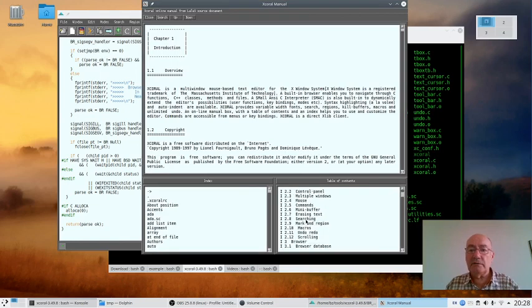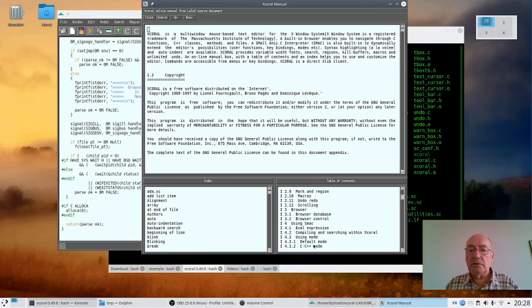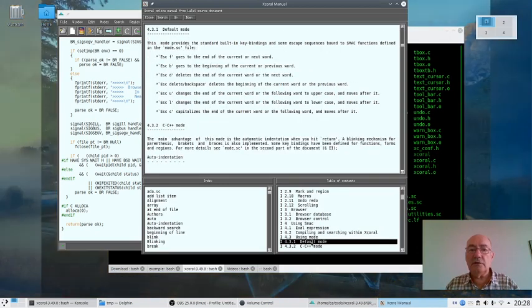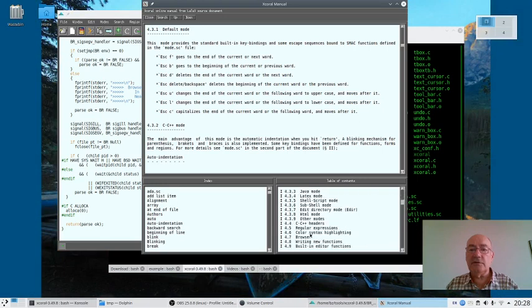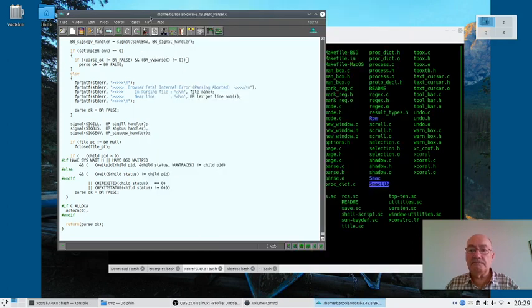You can scroll in any of the windows, and you can also access directly any chapter that you find interesting. This manual is quite good and explains all the details and features of this editor. So I will close it.